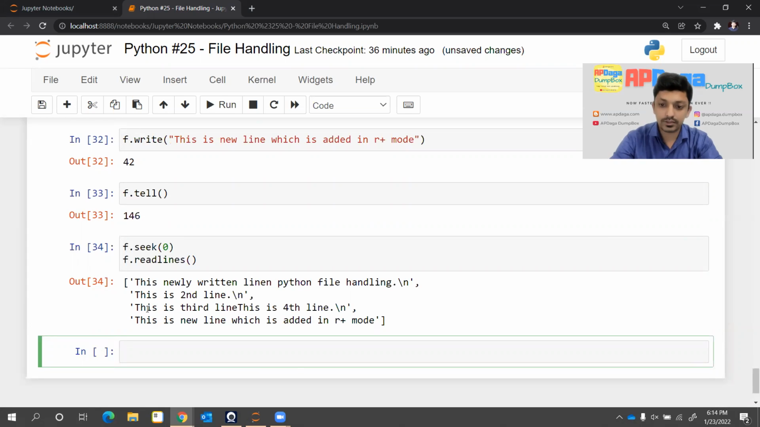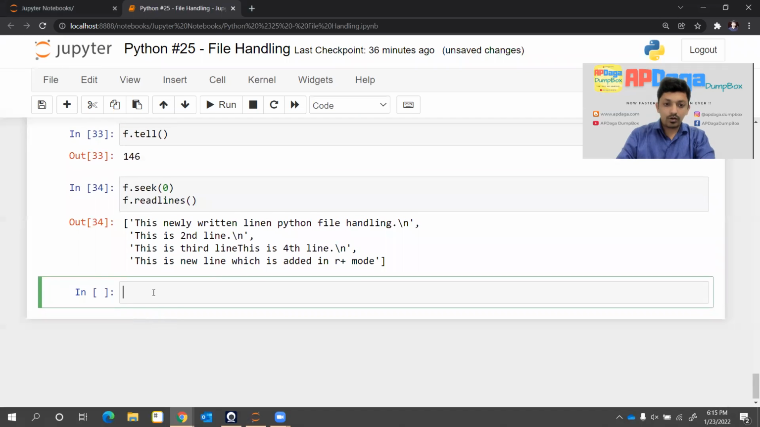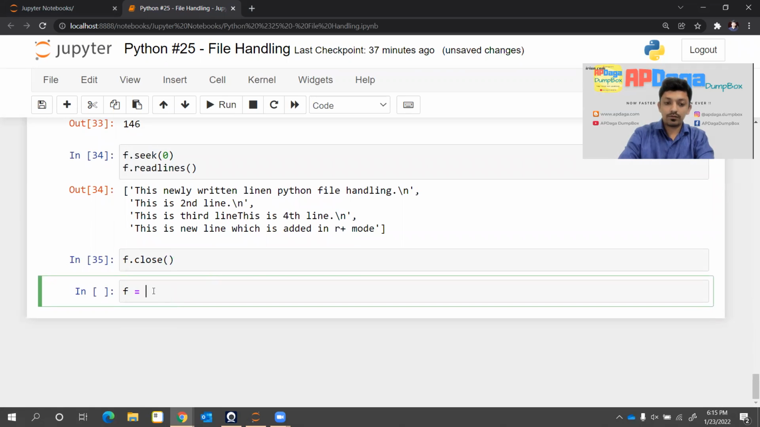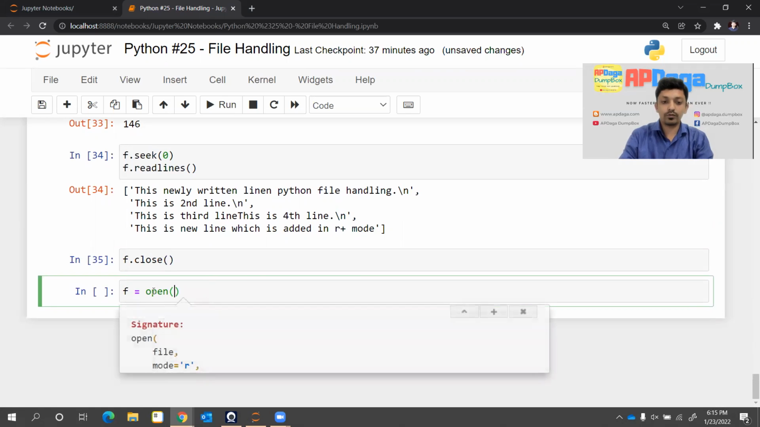So till now we have seen how to open a text file, what are the modes in which you can open a text file, how you can read a line, how you can write a line into it, how you can read one line at a time, all lines at a time in the form of a list, and so on. Now I'll give you some information about f dot. I'll close the file first. Okay, f equal to open, and I'll show you what we can do